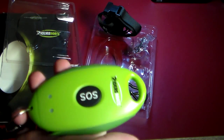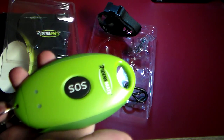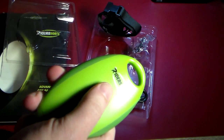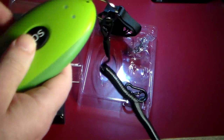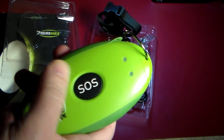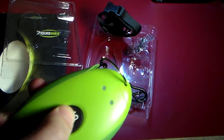So also, say you actually don't get decoupled from the vehicle, say it flips over and rolls on top of you and you're still connected to this and your vehicle, you can hold this down for like 5 to 7 seconds or something, and it's going to send. Let's actually try it, because this should have juice, but it's not actually got a SIM card, so I can't really demonstrate that. But if you just hold this down, you're going to see these lights, and it'll tell you that you've actually,